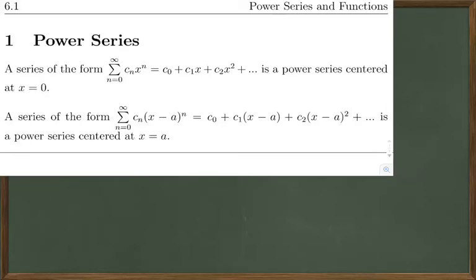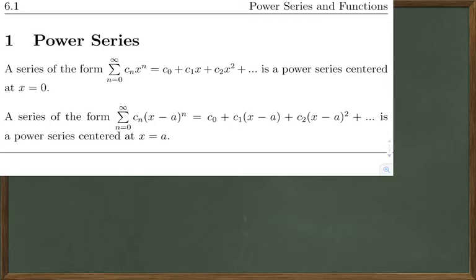Okay, this is going to be the first of 3 videos on section 6.1, which is on power series and functions. So we're going to look at the definition of a power series. A series of the form sum n equals 0 to infinity c sub n x to the n, which is equal to c naught plus c1x plus c2x squared plus dot dot dot, is a power series centered at x